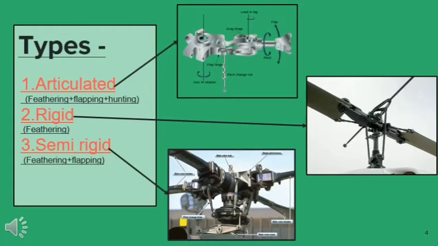First, feathering. Cyclic feathering is the term used to describe the changing of the blade angle separately for individual blades through pilot input via cyclic. When one blade angle increases, another decreases. Although the rotor thrust remains the same, cyclic feathering creates different lift across the rotor disc. The pilot uses this differential lift to control the helicopter's attitude.